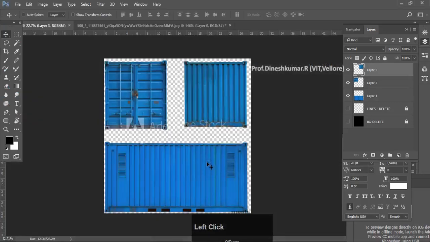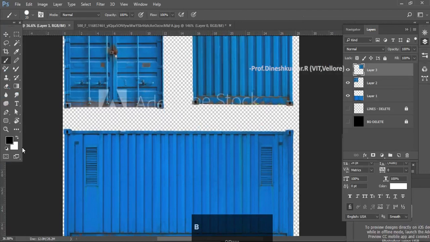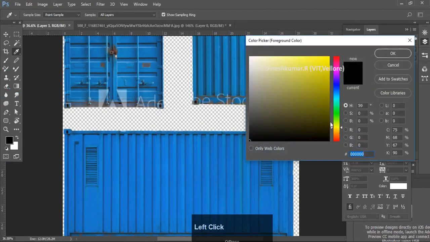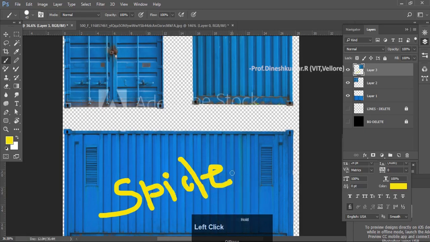Or I can go to my Photoshop and take my brush and take a color, a yellow or something like that, and right click and choose a brush like this, and I can write it a little bigger. You can write whatever you want, maybe like Spider-Man. So after you've done that, all you have to do is